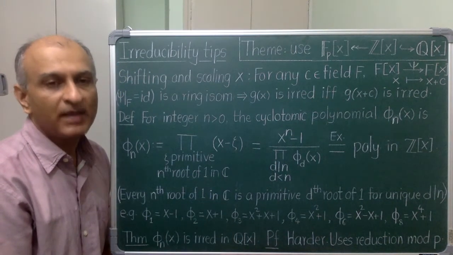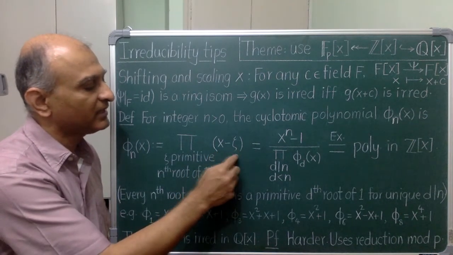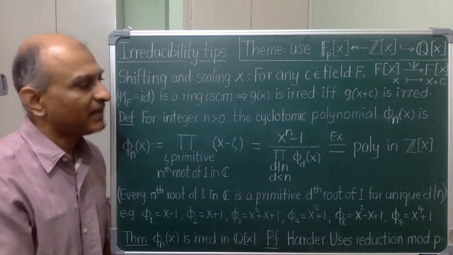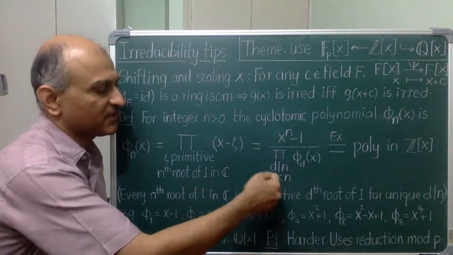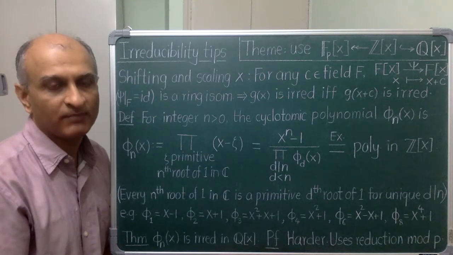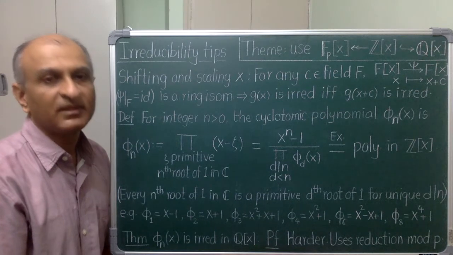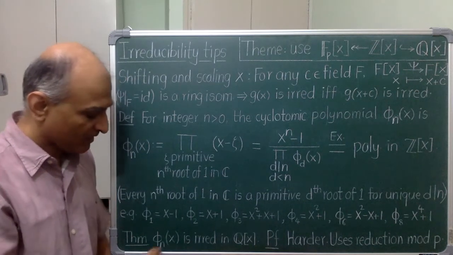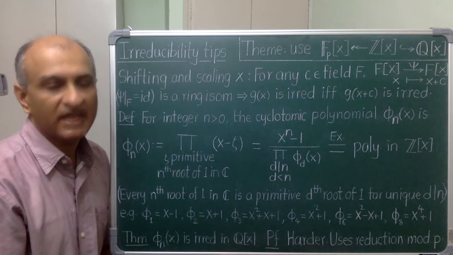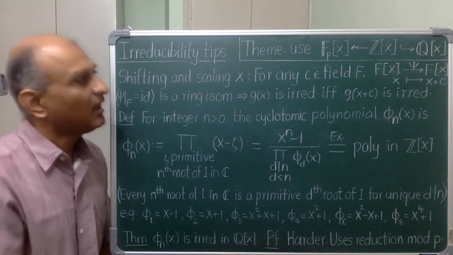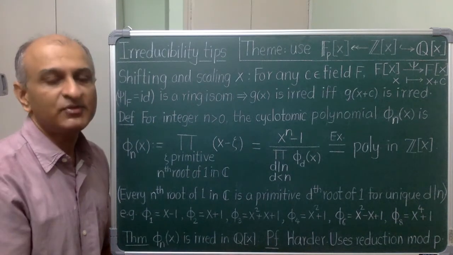Okay, now I am ready to state two results. On the face of it, this polynomial may look like it has only complex coefficients, but actually it is an integer polynomial. You might think that this expression along with induction does the job, and you are right, but there is a little more to it, so see if you can figure that out. The next fact is much harder. Phi sub n for every positive integer n is irreducible over rational numbers. The proof of this again uses reduction mod p in a very clever way. Perhaps we'll have time to see that.